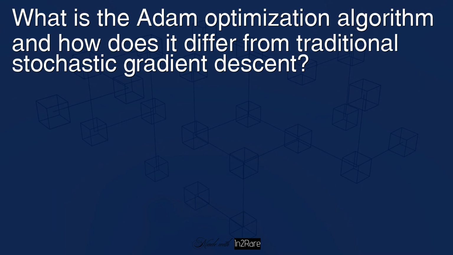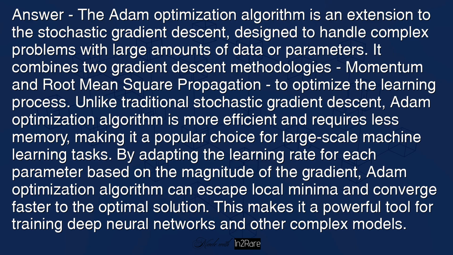What is the ADAM optimization algorithm, and how does it differ from traditional stochastic gradient descent? Answer: the ADAM optimization algorithm is an extension to the stochastic gradient descent, designed to handle complex problems with large amounts of data or parameters. It combines two gradient descent methodologies, momentum and root mean square propagation, to optimize the learning process. Unlike traditional stochastic gradient descent, ADAM optimization algorithm is more efficient and requires less memory, making it a popular choice